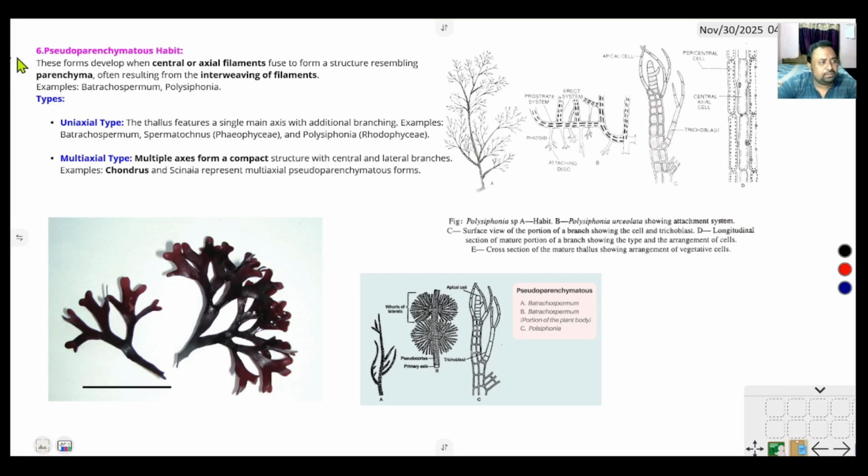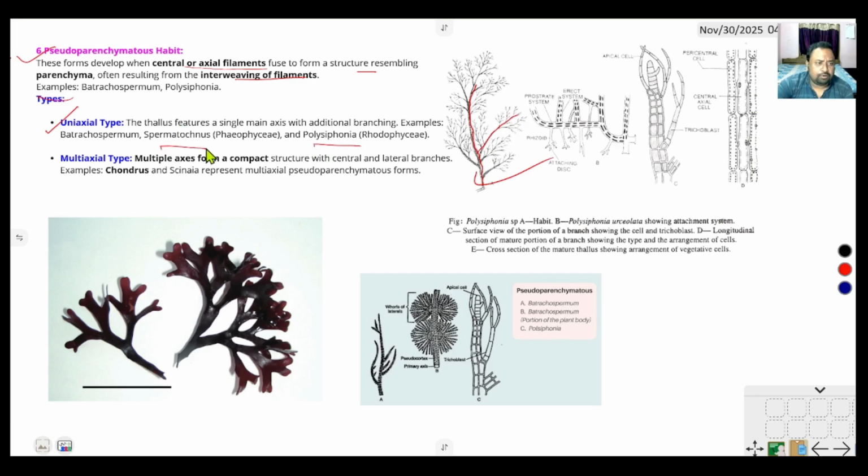Pseudo-parenchymatous type. Pseudo means not truly parenchymatous but looking like parenchymatous. These forms develop from a central or axial filament, fused to form a structure resembling parenchyma, often resulting from interweaving filaments. There are two types of pseudoparenchymatous habit. First, uniaxial type. Uniaxial means only one main axis is present and from the main axis different branches develop. That is called uniaxial, found in Polysiphonia